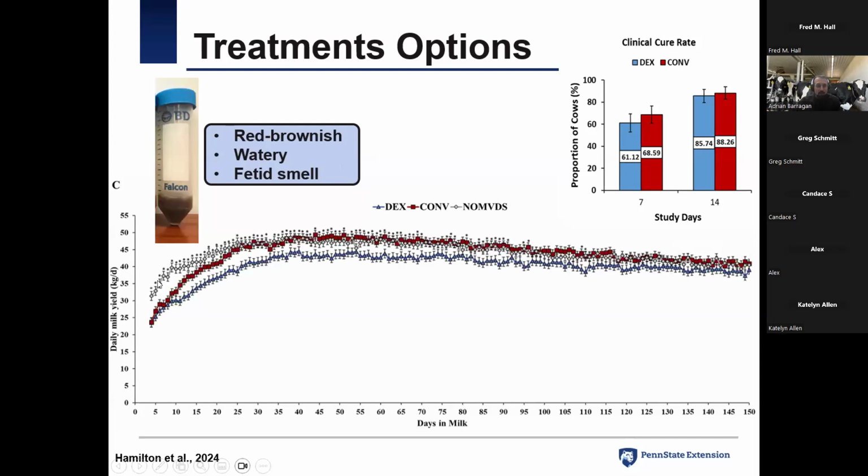But score 5, as we know, is a more severe condition. So even before they were diagnosed, at about 7 days in milk, it was already low. But the animals that were treated with systemic antibiotics leveled up to the level of normal animals around 20, 25 days, similar to the other group. But those dextrose cows never caught up, okay? So the conclusion from this study is that intrauterine dextrose might be beneficial for the milder vaginal discharge score 4 groups, but definitely not recommended for vaginal discharge score 5, okay?